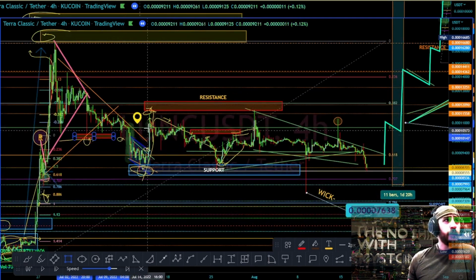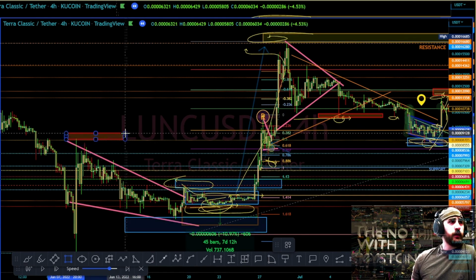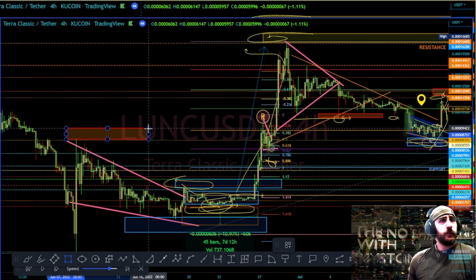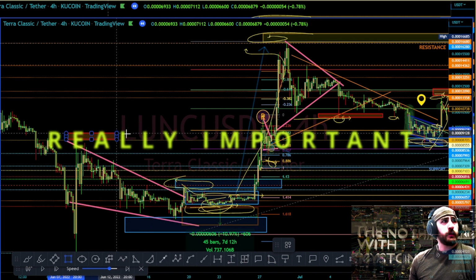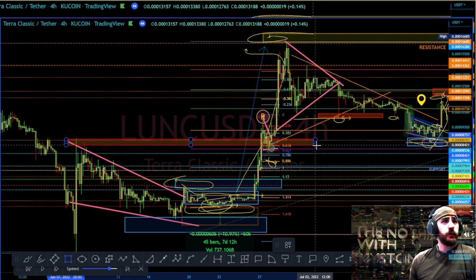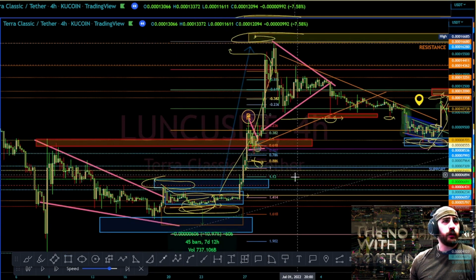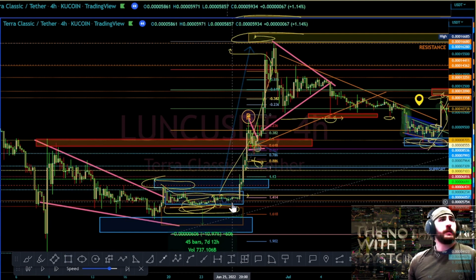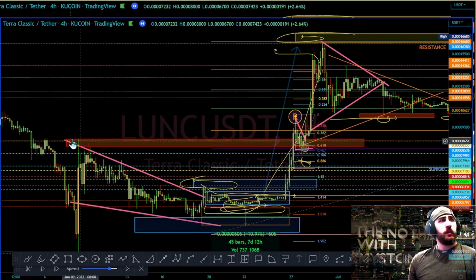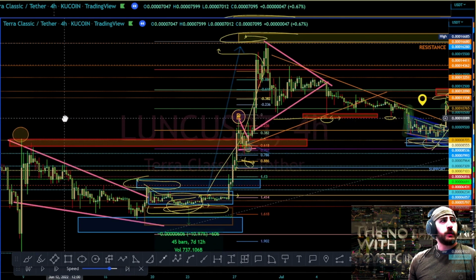Here, for example, we got our resistance right here, and this move right here. This is resistance, and over here it turns into support. You can see it right over this 618 fib line that I have drawn, from here to here, swing low to swing high. I'll get into that a little later, but you can see resistance,